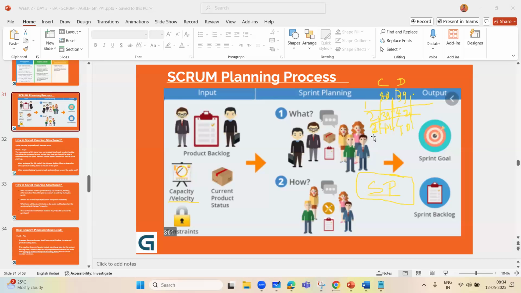How much you delivered? 40. In sprint 4, again, you committed for 40 and you delivered 38. Okay. So what happens is that in sprint 1, you cannot define the velocity in story points, how much story point you are going to deliver. For that, you need to continue to practice until 4-5 user stories, and